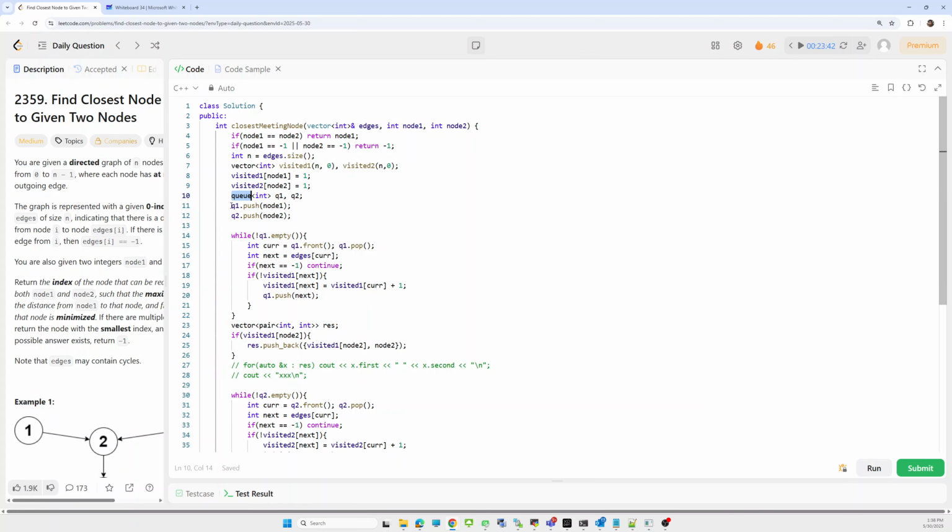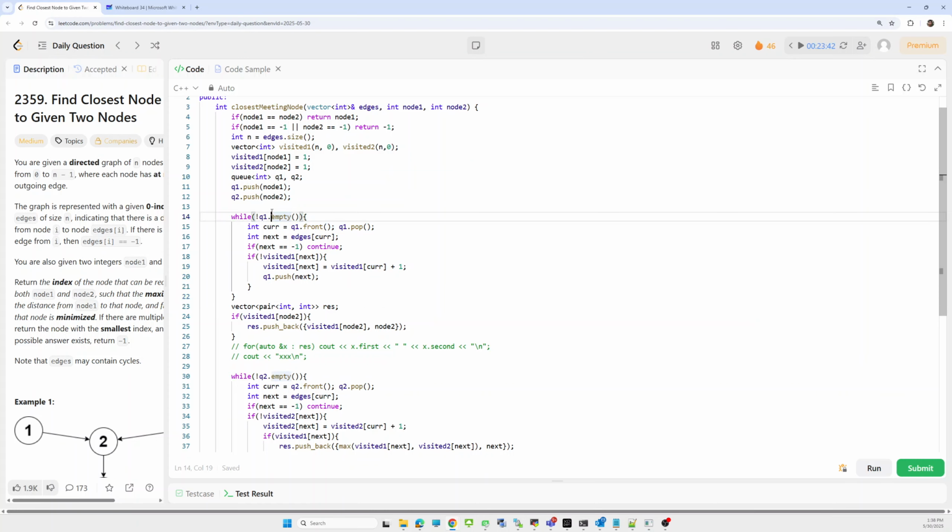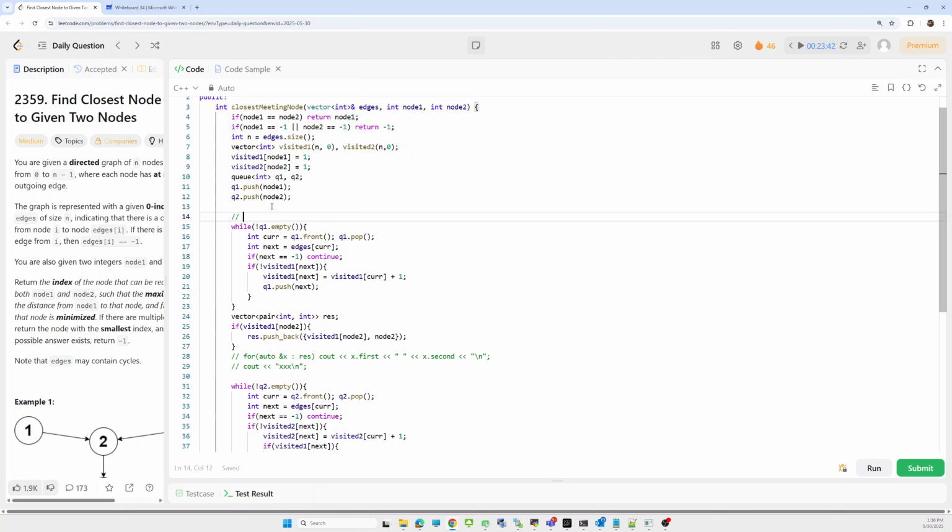So first we'll apply BFS from node 1. Let me just write a comment here, BFS from node 1.